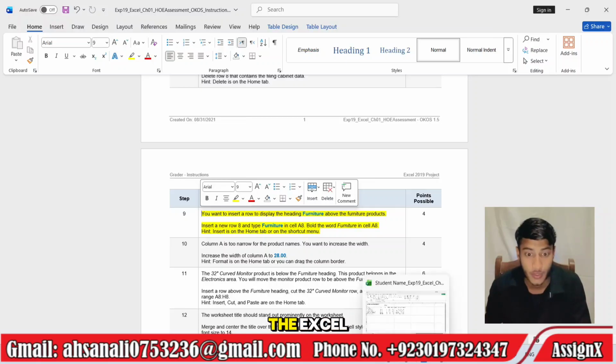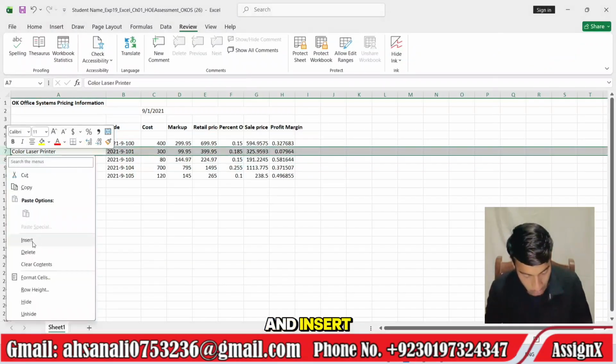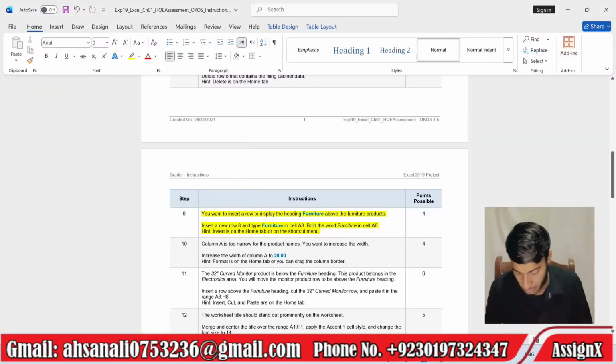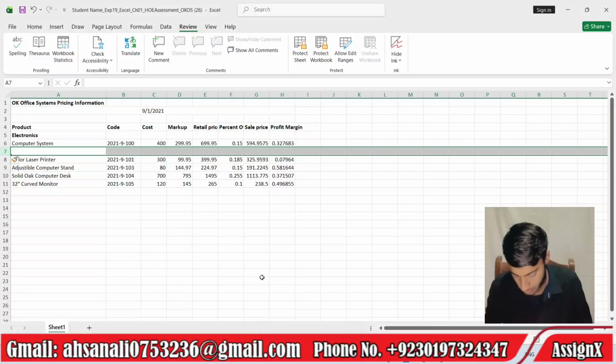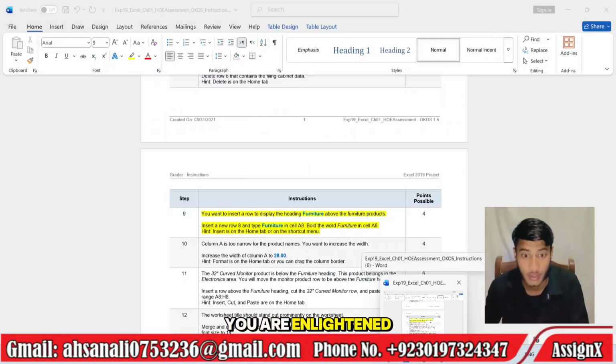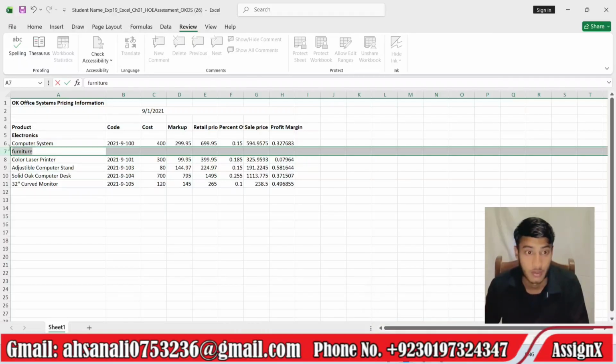Move to the Excel and insert, Furniture, and bold this.